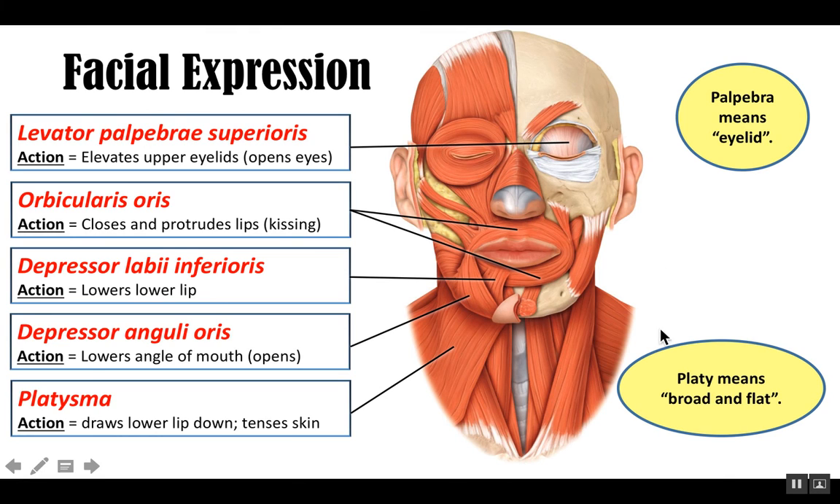Finally, there's a muscle in your neck that's a facial expression muscle. It's a very wide, broad, but flat muscle. And it actually covers the entire neck. It's only shown on this side. Kind of comes up off of your chest and inserts into the skin on top of your mandible. This muscle draws the lower lip down, but it also tenses that skin in your neck. Kind of tightens up that skin in your neck,